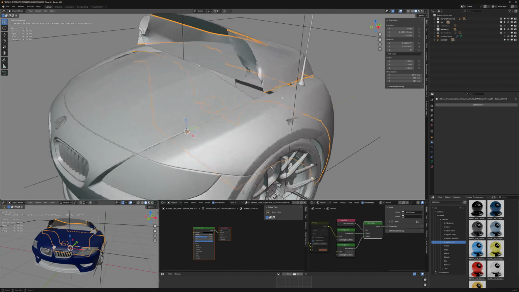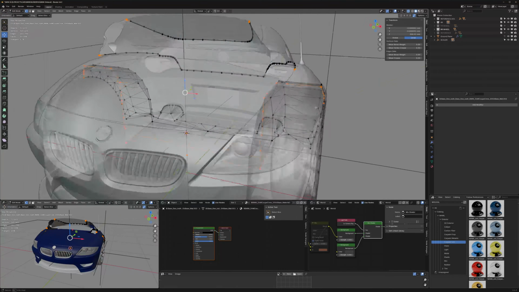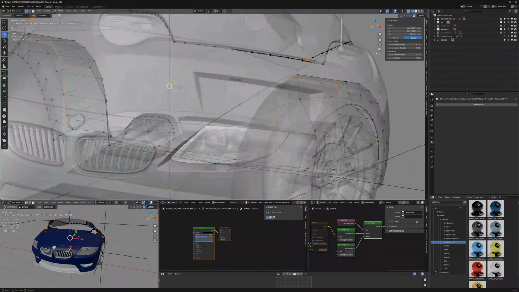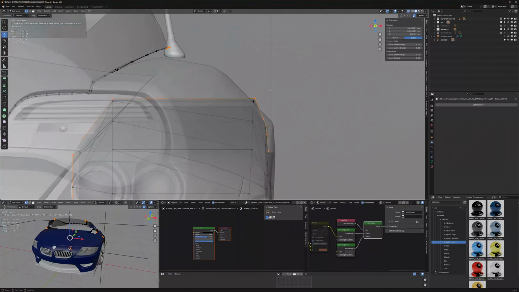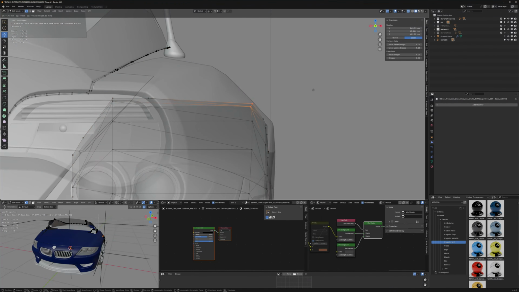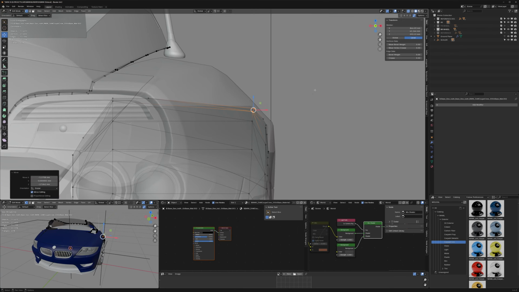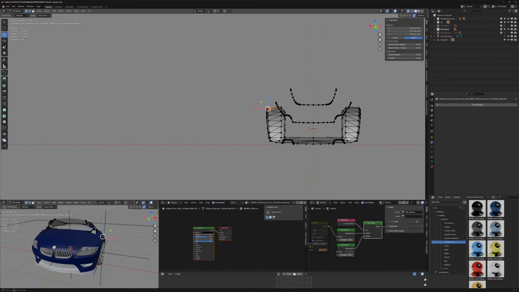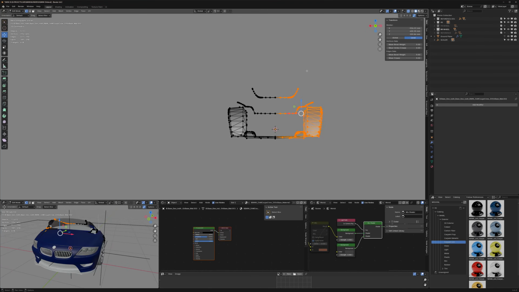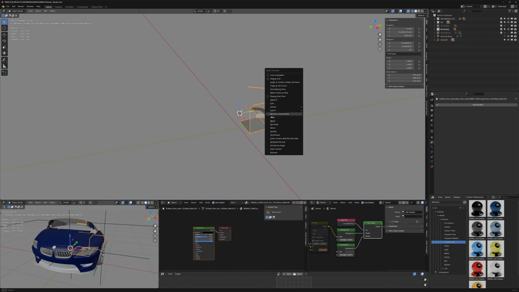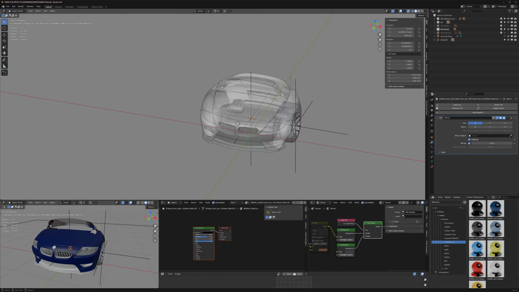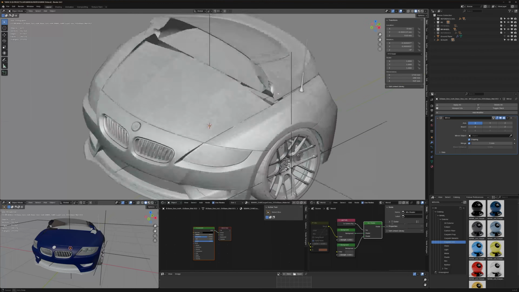So, what's this bit here? It's the wheel arch well. Okay, let's just drag that down. And actually, while we're here, just make sure that it's symmetrical, and we could just get rid of half. Put a mirror modifier on there, make sure clipping is turned on, bring the rest of the car in, and then